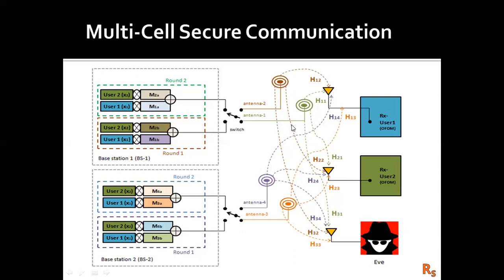And in this work, the signals of user 1 and user 2 are first superimposed, or mathematically multiplied, with the precoder matrices. After this, the superimposed data is transmitted to the receiver in two rounds. Each round of the base station occurs from a different active antenna, so that different channels are used in each transmission. The dual transmission occurs simultaneously from both base station 1 and base station 2.